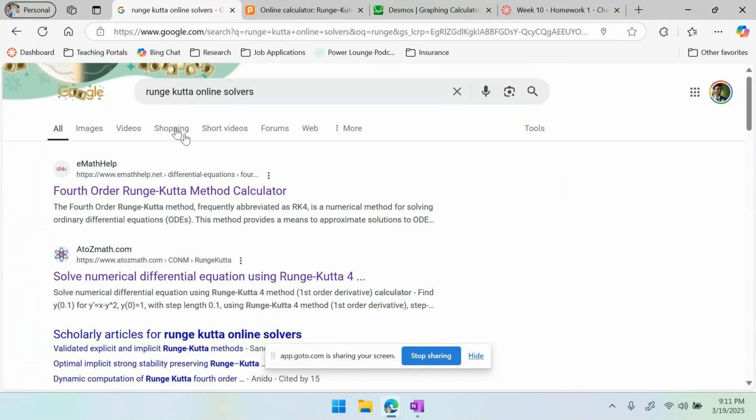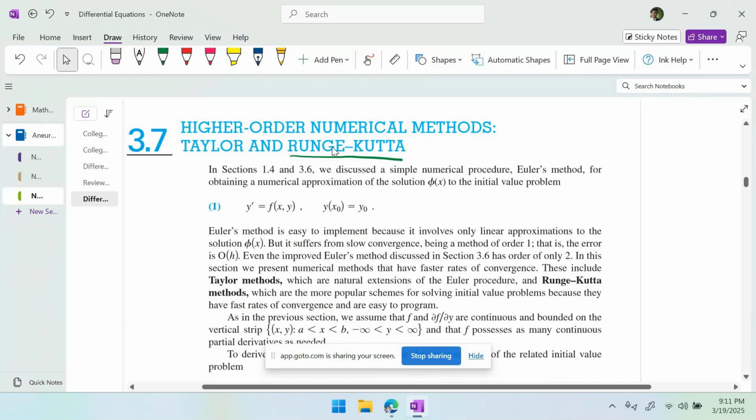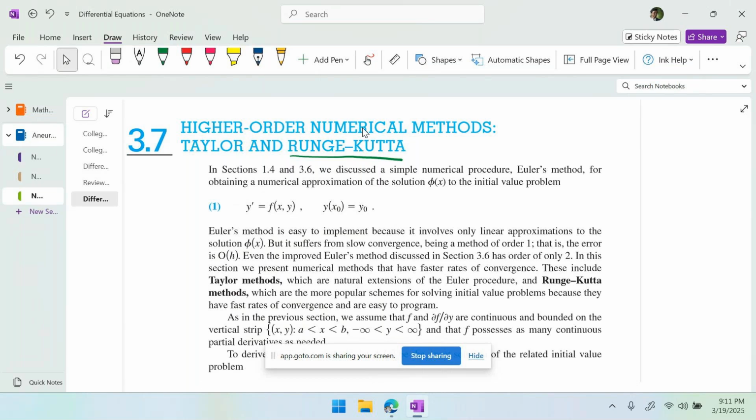But anyway, Runge Kutta is the name of two German mathematicians, two different names combined together. So that's about the name, and it's a very special numerical technique because it's going to give you fairly accurate answers. Okay, so